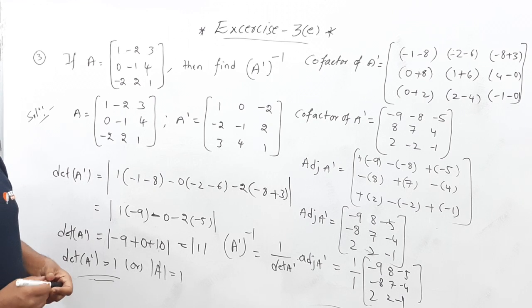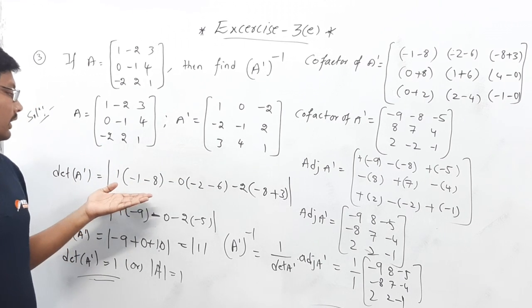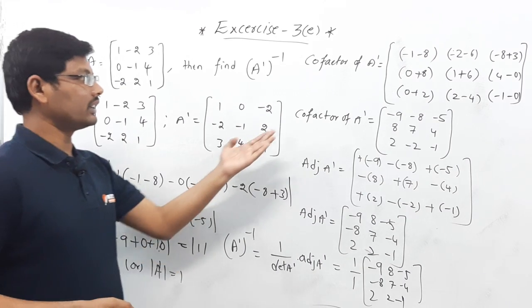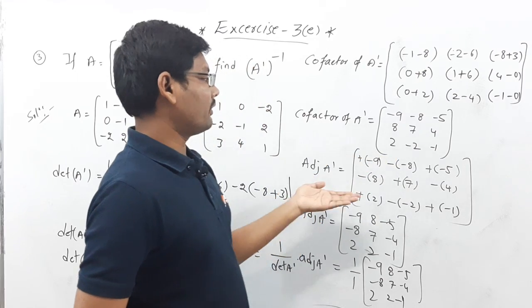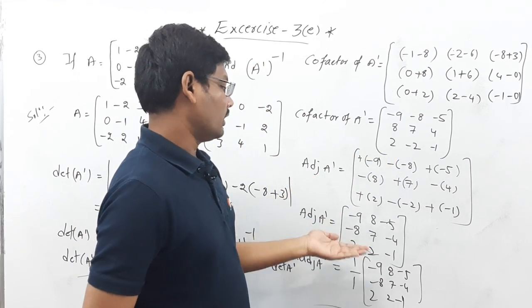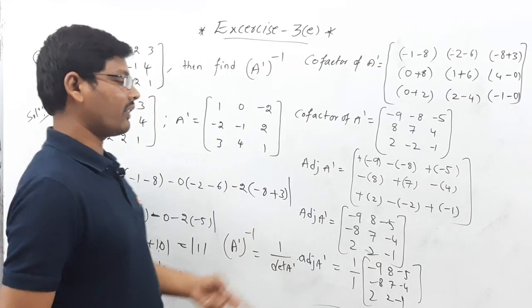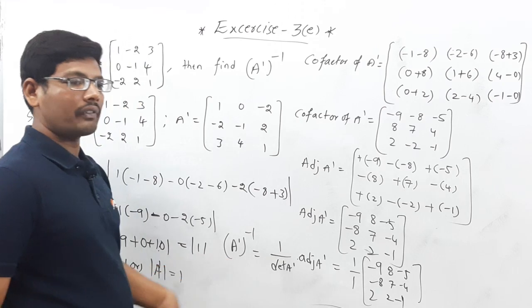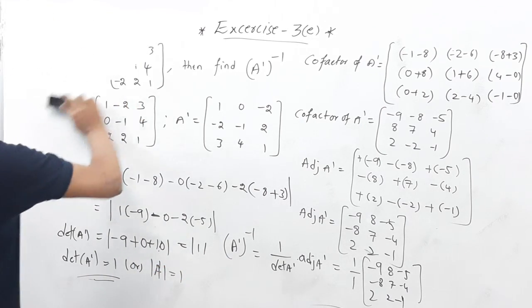This is all about the question. First I am finding A dash for the given matrix and finding determinant of A dash, that is 1 here, and then I am finding cofactor of A dash. After finding cofactor, I am finding adjoint of A dash by changing of signs alternatively, and after getting adjoint of A dash, I am substituting det of A dash and adjoint of A dash in the formula of A inverse. This is all about the third question, and the next question is